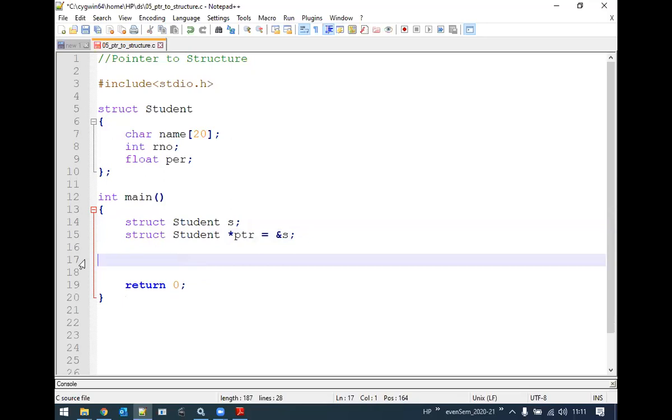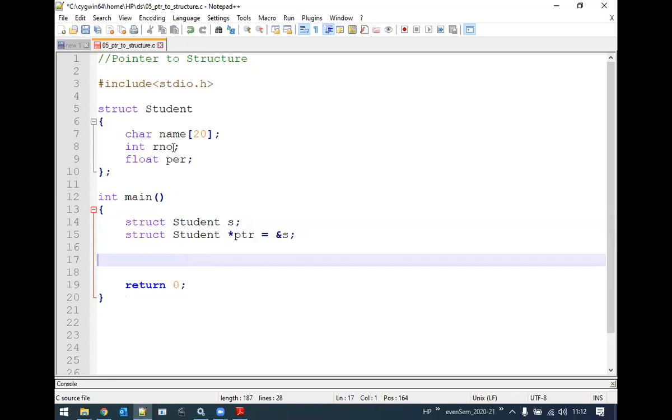Now I'm going to write code that reads certain information, that is name, roll number and percentage, and then displays that name, roll number and percentage. I will do it in two different methods.